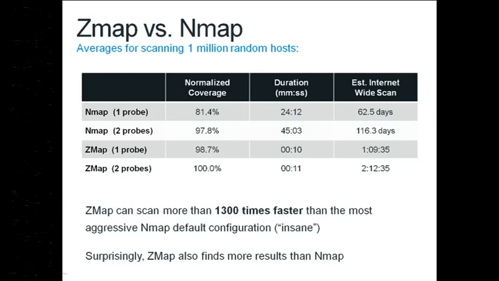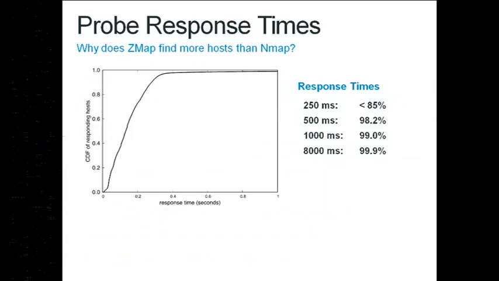Surprisingly though, ZMap also finds more hosts that are responsive than Nmap does. And we're really scratching our heads about that because even with 2 probes, Nmap finds fewer responsive hosts than ZMap does with 1 probe in these tests. So why is that? Well, that turns out to have to do with response time. So we tried an experiment where we measure how long it takes for an ACK to come back after we send a SYN,